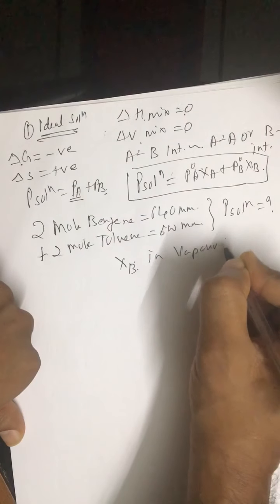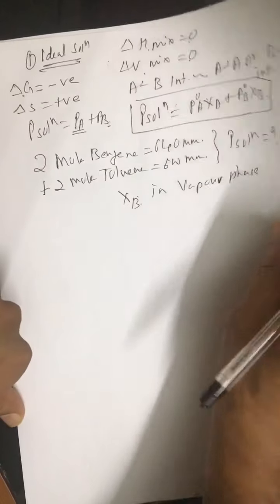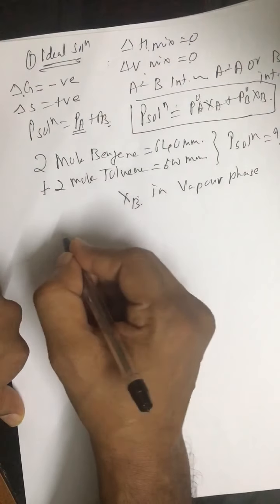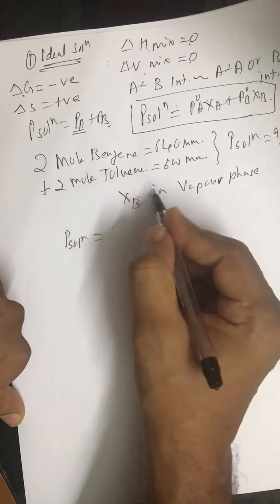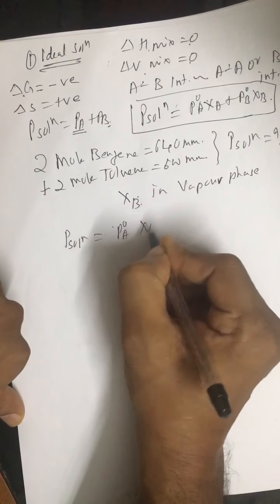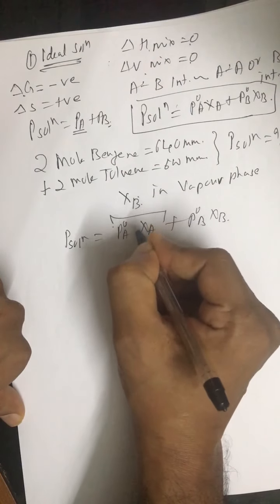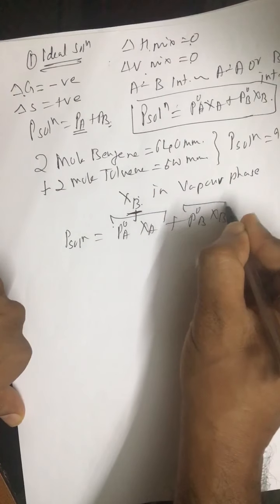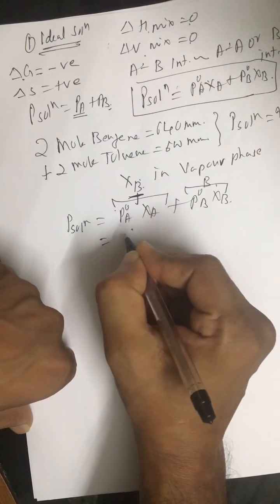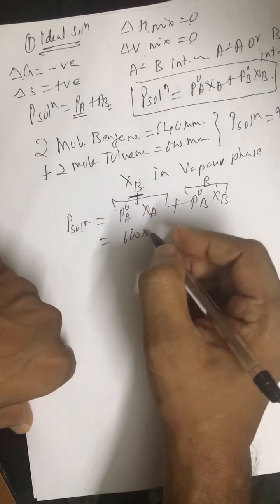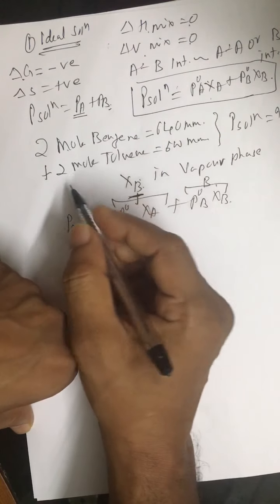All right, now see, it is P of solution is equal to P0A. Suppose this we are using P0A x of A plus P0B x of B. This we are using for toluene, suppose. Alright, this we are using for benzene. Alright, so P0A toluene, it is 600 into